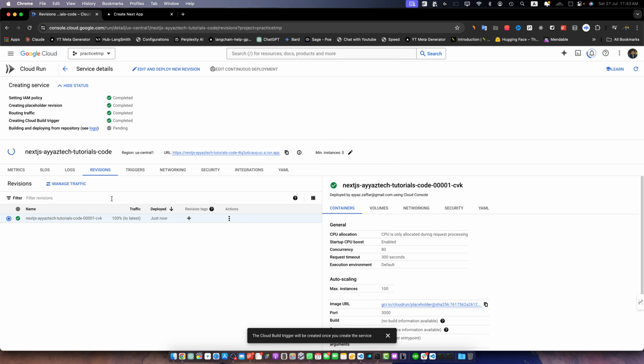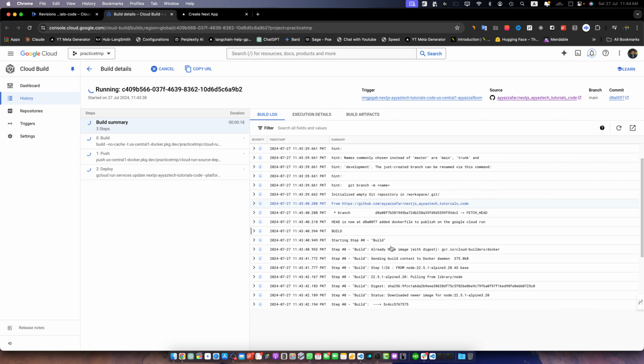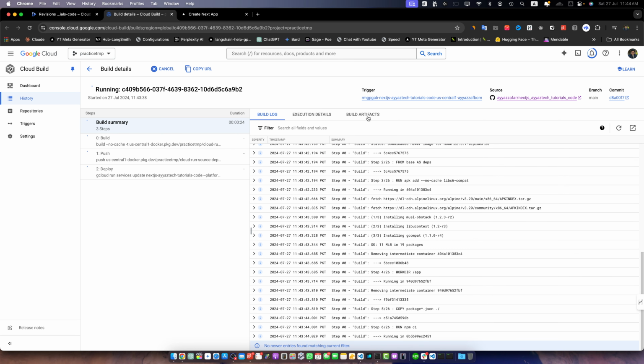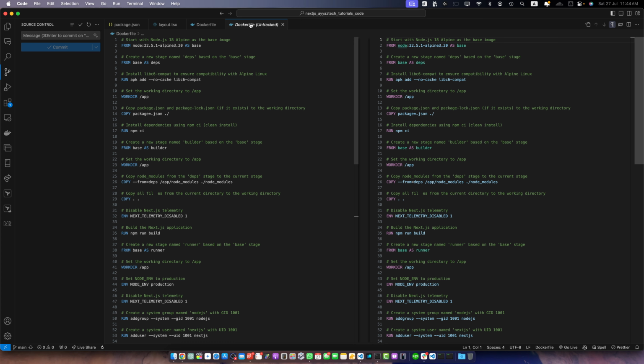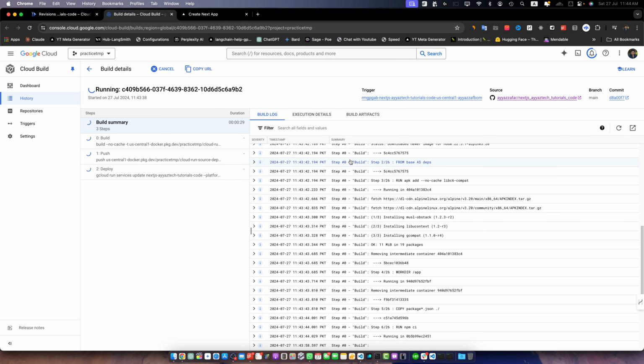Okay, on this page, you will see that it is currently building and deploying from the repository. If you want to observe the progress, you can just click on the logs and it will take you to the logs of the Cloud Build. So here you can monitor what's going on. Basically, this is running all of these steps that we have written in the Docker file one by one. If something is wrong, it will fail here and it will show you all of the errors, and you can fix that. Okay, once it is done, we will just test it